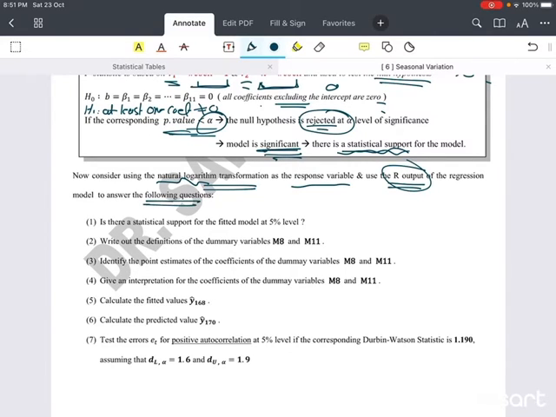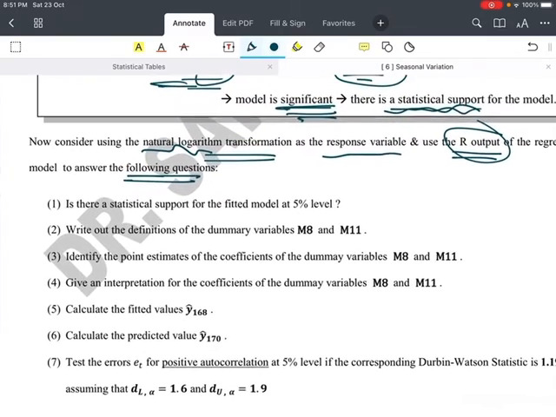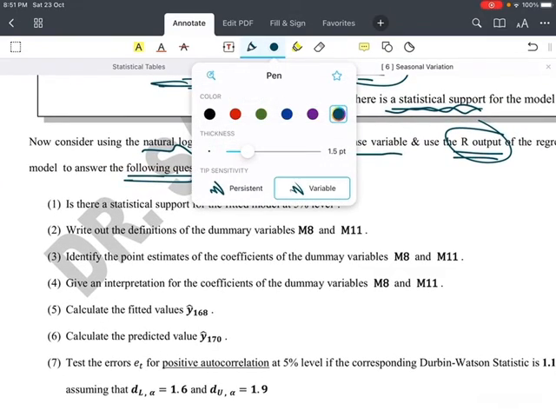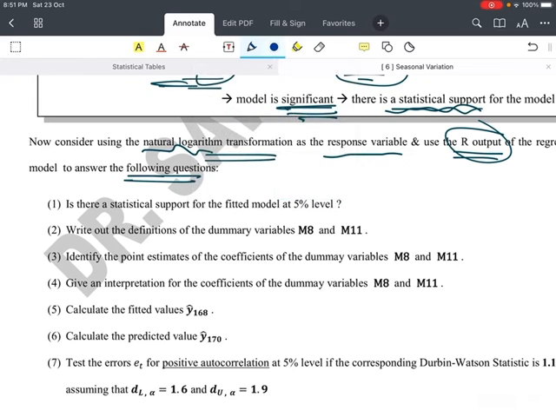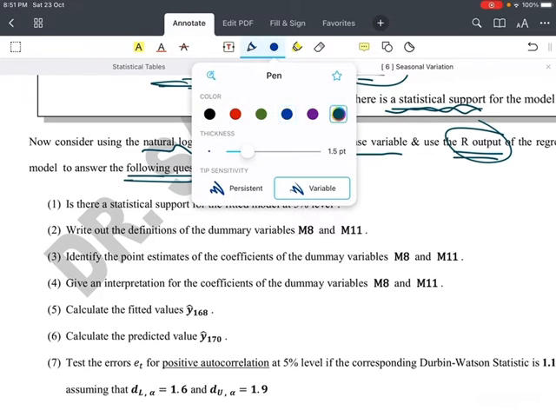So we will use the transformation and the output to solve the equations. Now the question number 1 says,